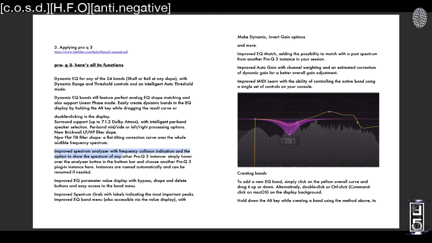But cool for an effect. We just looked at those tilt filters. I was saying they can become both a low shelf or a high shelf. Spectrum analyzer, this thing is amazing now. What's really crazy on ProQ3 is that you can take multiple instances of ProQ3 and they all register